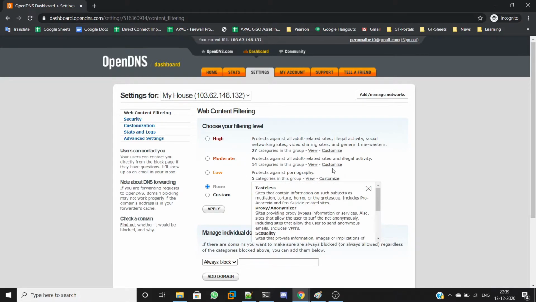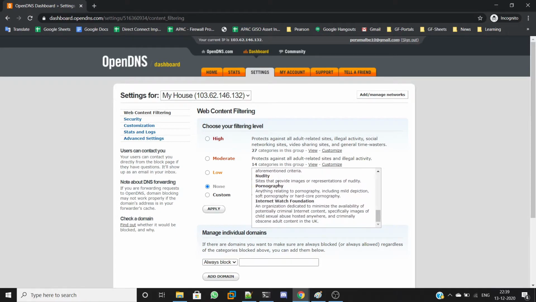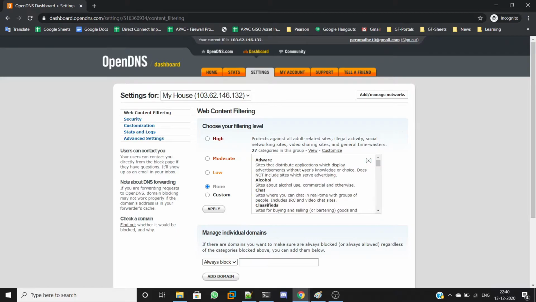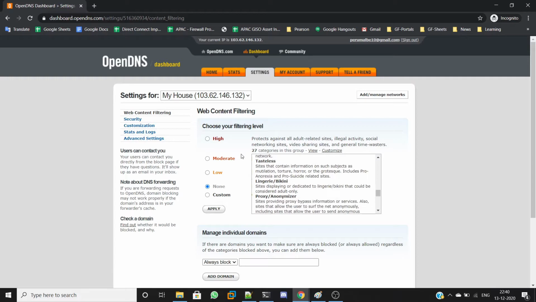And in moderate, there are 14 categories: adware, alcohol, dating, drugs, gambling. So the sites belonging to these categories will be blocked from your network. In high, in addition to that, you will be able to block some other sites as well. I would recommend you choose moderate, so I choose moderate here.